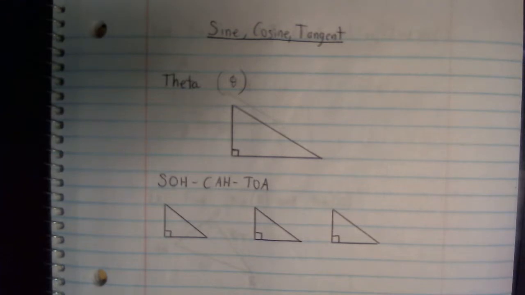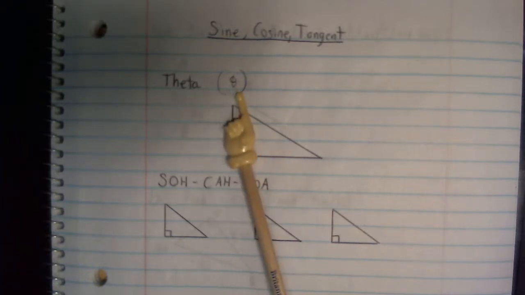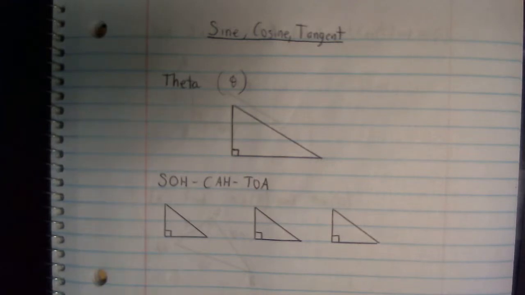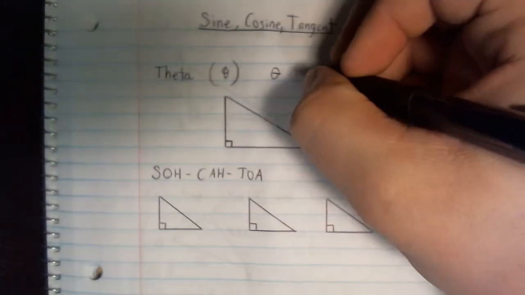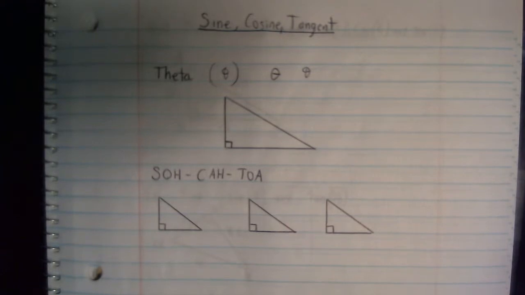Now, in order to understand those 3 functions, we first need to understand this thing called theta. Theta is this little mark. It looks like a circle with a line going straight across through it. So if you wanted to ever draw it, that's one way of drawing it. Mine looks kind of like a pretzel almost. But what theta is, it's just a marker. We're just going to be putting that marker at a particular angle in a triangle so that we know which angle we're talking about, because we need to be able to reference that angle in order to figure out